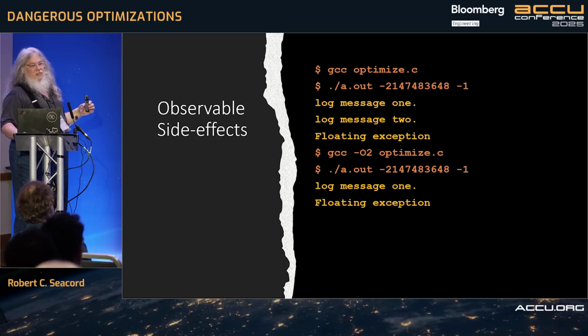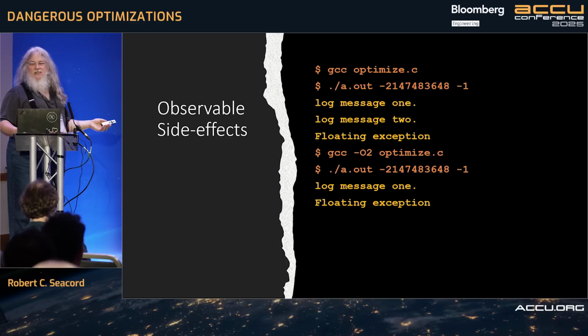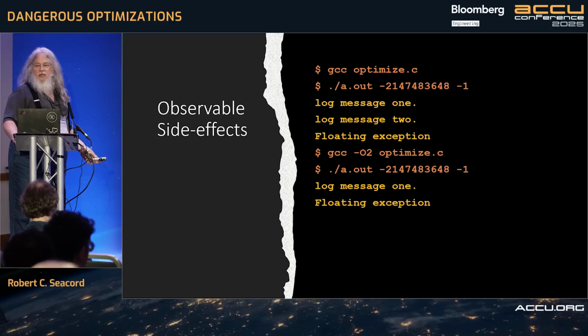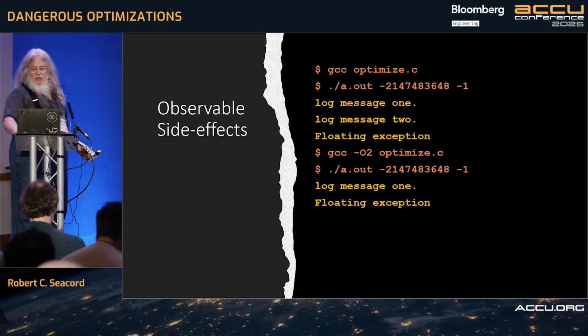So what's happening is because that code's been hoisted before the loop, it dies before it gets to that second output. And so that's a little bit scary, I guess, right? If you're expecting that to do something, and because of this optimization now it's failing beforehand.